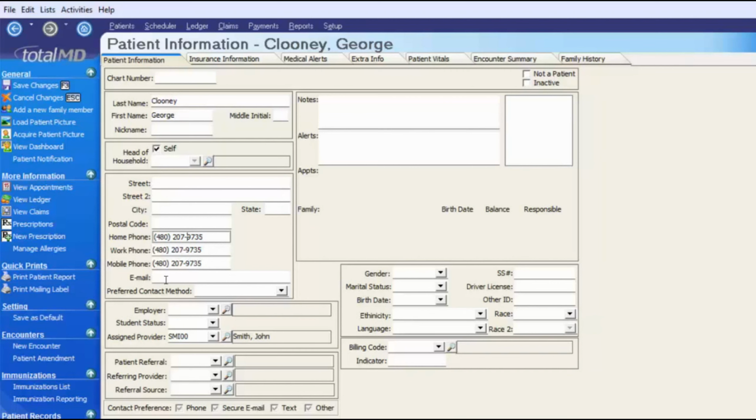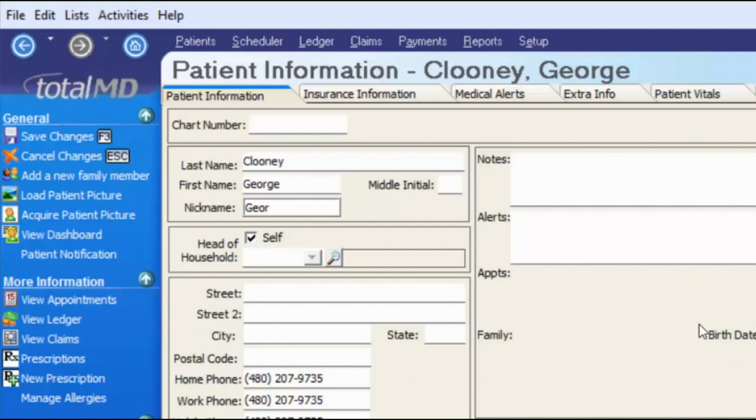So we do see the phone numbers, and we do see that he is assigned to Dr. John Smith. I can go ahead and fill out any additional information onto the patient's information screen once he brings me his new patient health history form. We're going to go ahead and say George likes to be called Georgie. And we are going to list him as the head of household, which is the default in the system for